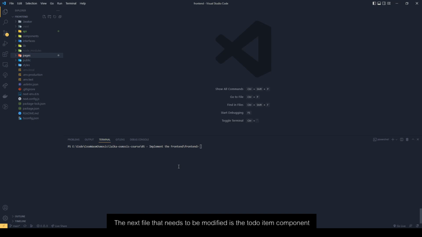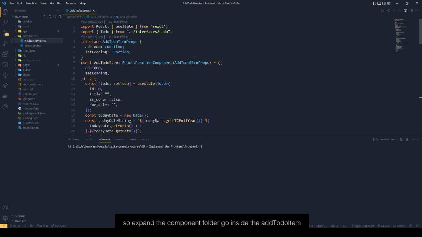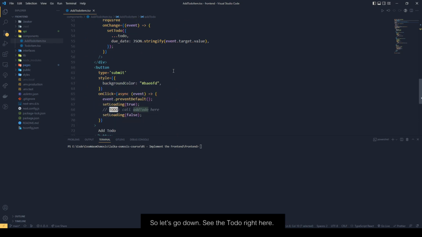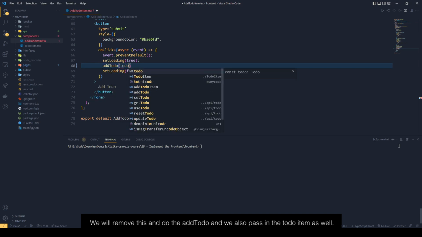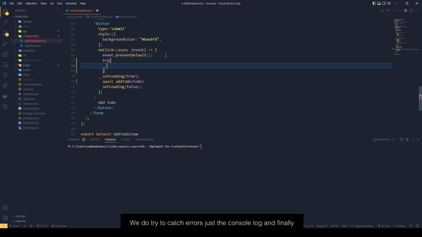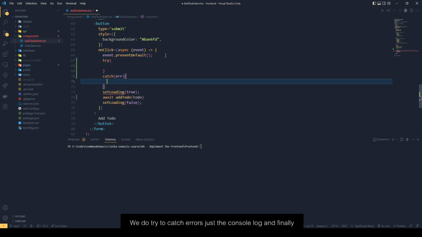The next file that needs to be modified is the add to do item component. So expand the component folder, go inside the add to do item, and we will use the add to do function right here. So let's go down, see this to do right here. We will remove this and do the add to do, and we will also pass in the to do item as well. Also, same thing, await, and wrap this one with try catch block. So we do try catch error, just console log, and finally,